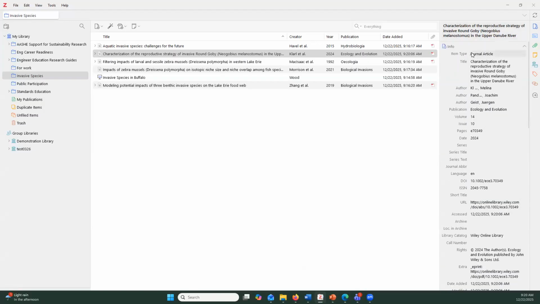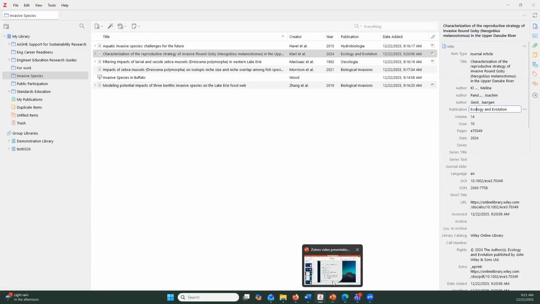Now, with all of these options for getting things into Zotero, it's very important to double check this metadata to make sure that Zotero grabbed the right information. Zotero does a pretty good job getting the correct information over here, but it's not perfect. It's only as good as where it's getting the information from. Some common issues I see are that the page numbers come over wrong. So I would want to double check this one just to make sure this is truly how the page numbers should be represented. Sometimes the author's names come over all in caps, or maybe there's an issue with some italics in the title, things like that. So it's very easy to change these. You can just click on them and edit just like we did when we were filling in our own item.